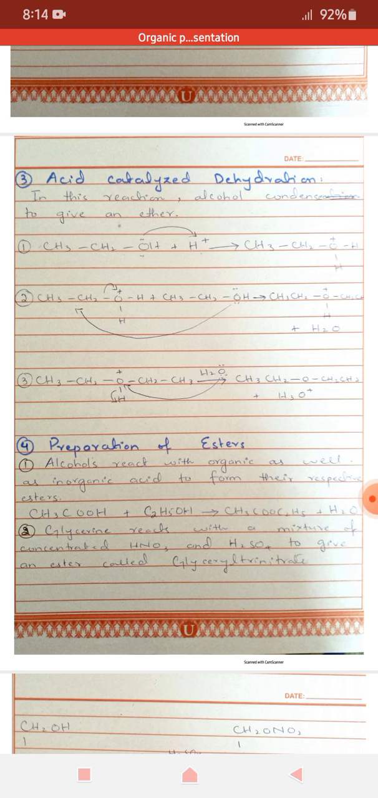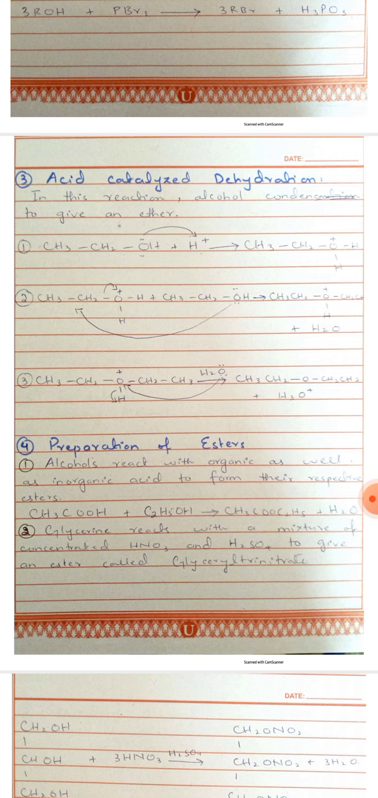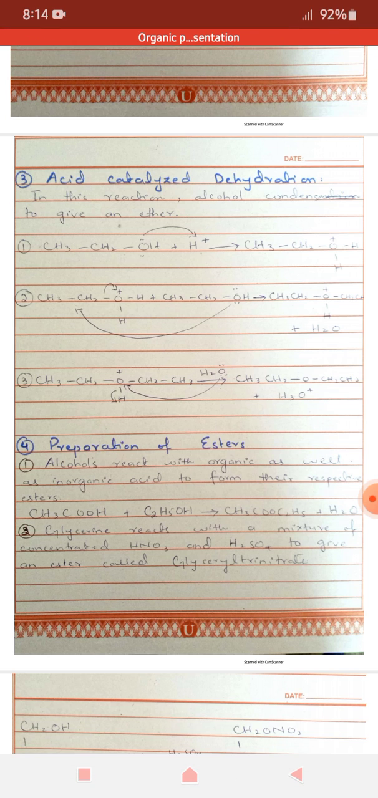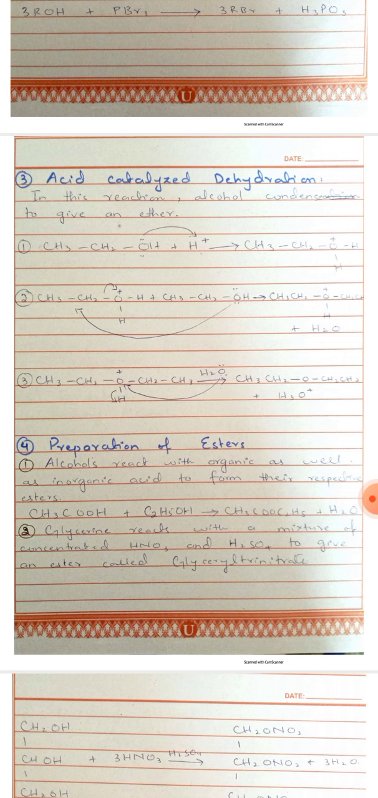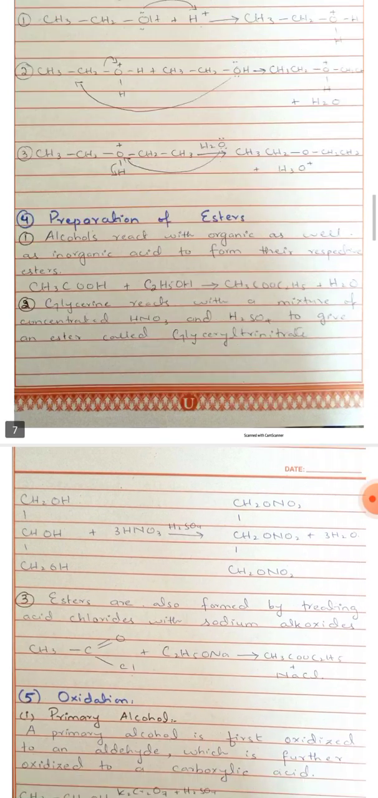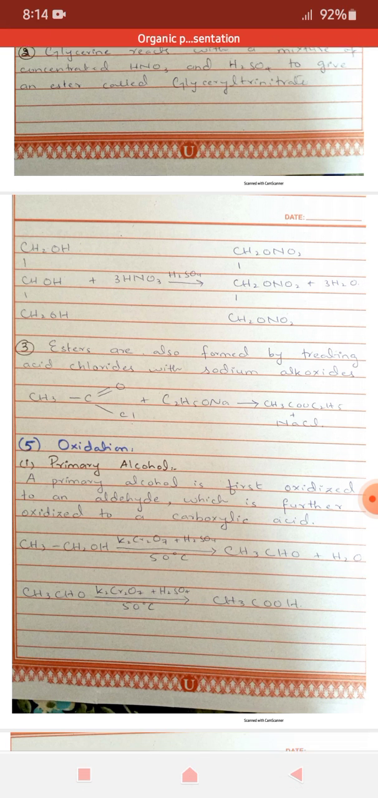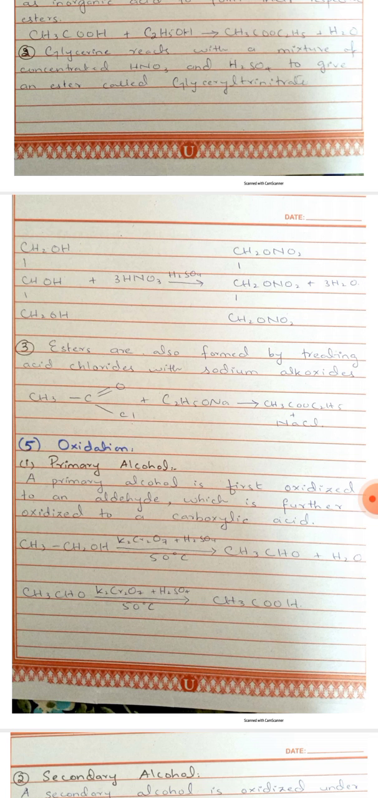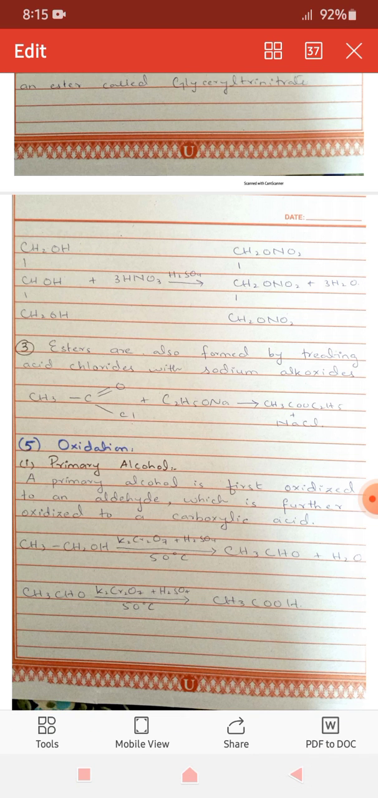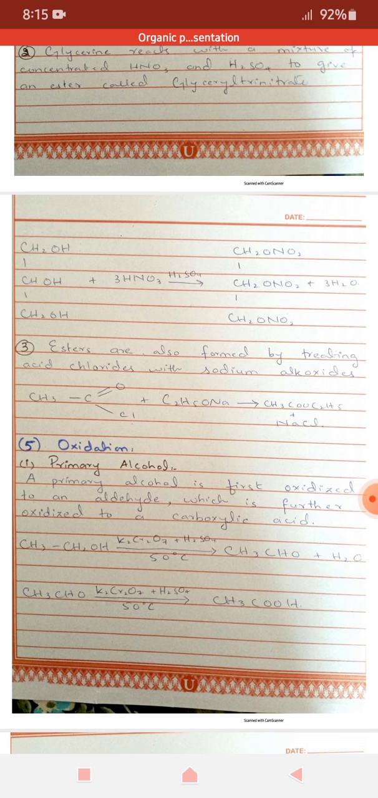as you can see in the example given below. Second, glycerine reacts with a mixture of concentrated HNO3 and H2SO4 to give an ester called glyceryl trinitrate. As you can see, here glycerine is reacting with 3 molecules of HNO3 in the presence of H2SO4 to form nitroglycerine and side product. Third, esters are also formed by treating acid chlorides with sodium alkoxides, as you can see in the